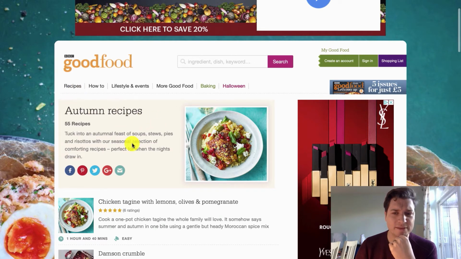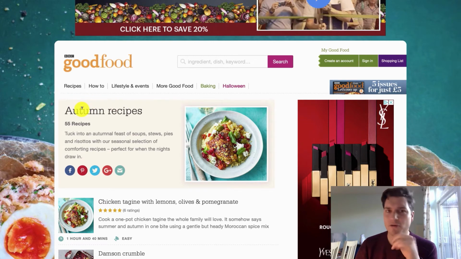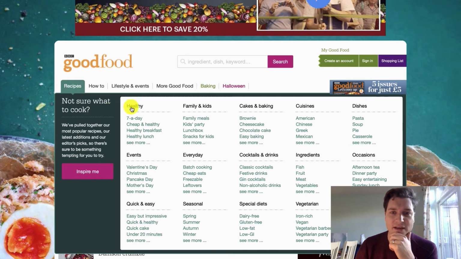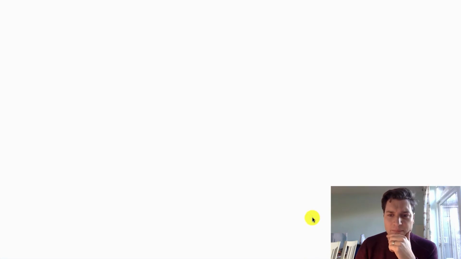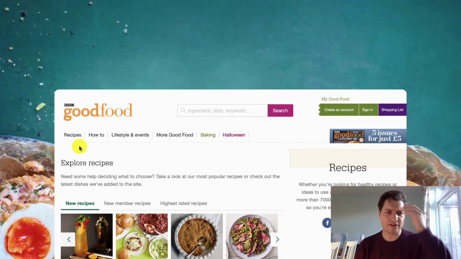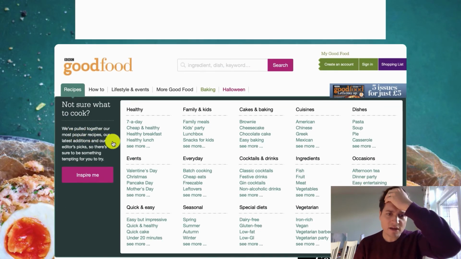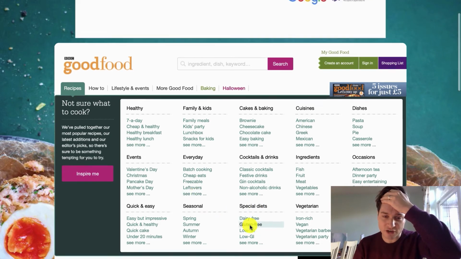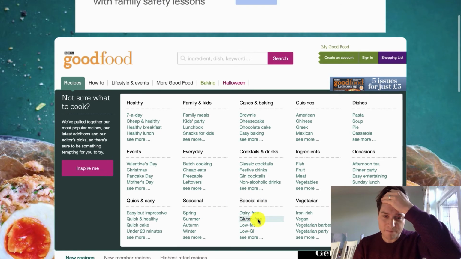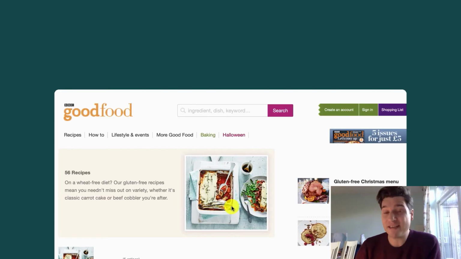Which I don't like because it makes me feel that my friends are somehow not right. And if it's me, okay, here we are. Oh, that menu's gone. That was very fast. So I'm going to hover over here again. Okay, so I've seen the special diet section, gluten-free. I don't want to have to do this.